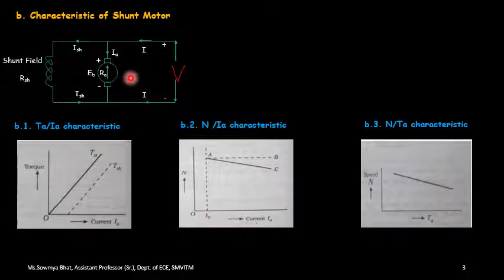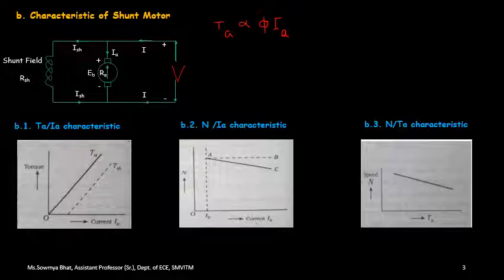Now, if you consider the armature part, it has an armature resistance Ra and back EMF Eb, which is in opposition with the supply voltage V. Coming to the concept of characteristics, once again we are going to use the base equation of armature torque, that is armature torque is directly proportional to phi multiplied by Ia. I have shown you how we get this expression: armature torque is equal to 0.159 phi Z Ia P divided by A Newton meters.